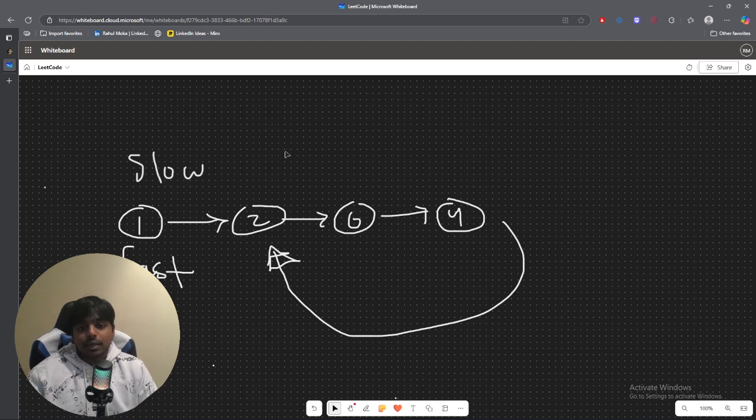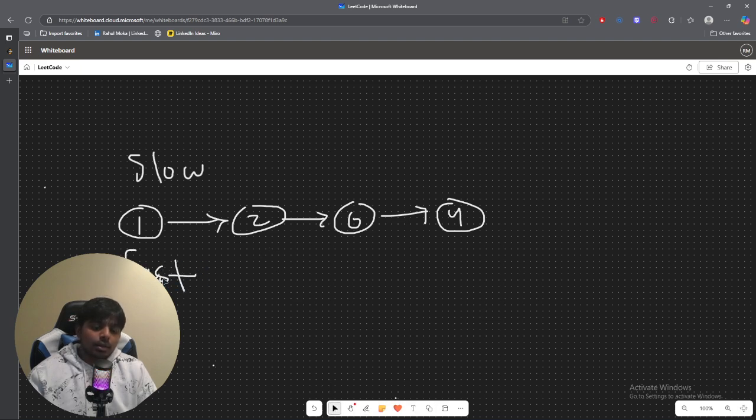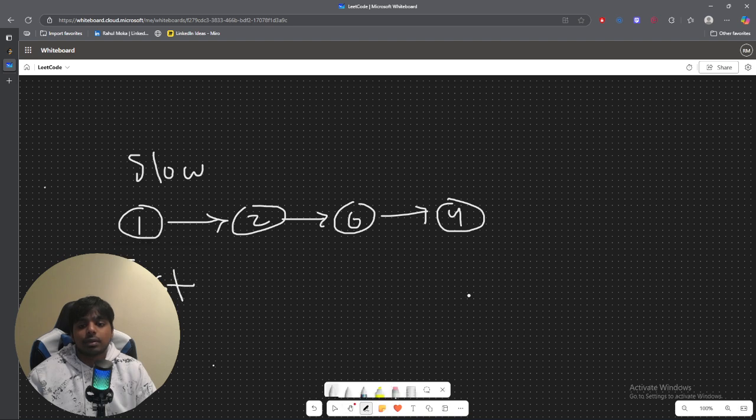If there is no cycle, like for example like this, let's say fast is right here or here, since fast moves by .next, if fast or fast.next is ever equal to null, that means it is possible to break out and there is no cycle. But if there's a cycle like this,